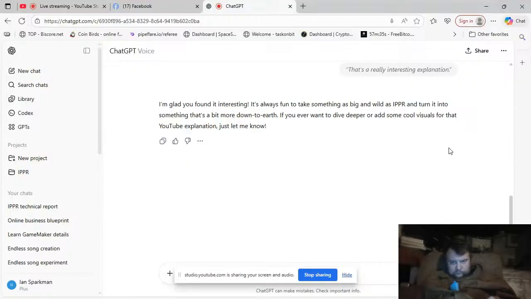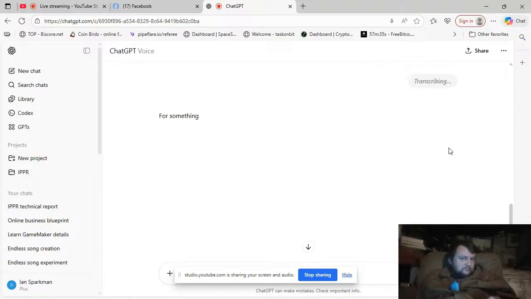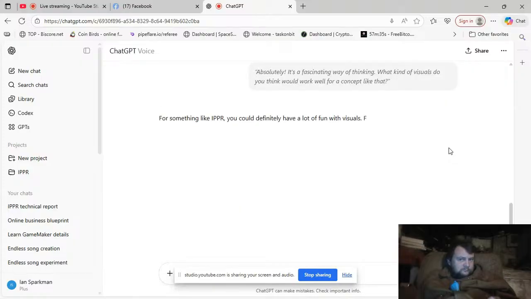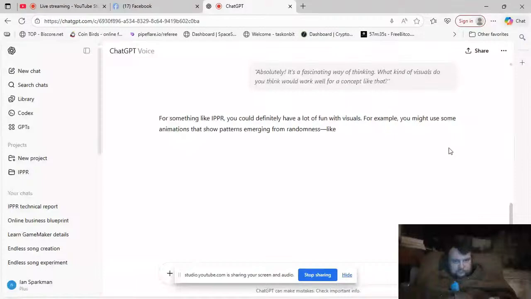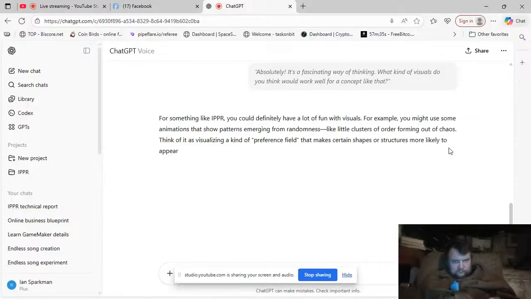Absolutely. It's a fascinating way of thinking. What kind of visuals do you think would work well for a concept like that? For something like IPPR, you could definitely have a lot of fun with visuals. For example, you might use some animations that show patterns emerging from randomness, like little clusters of order forming out of chaos. Think of it as visualizing a kind of preference field that makes certain shapes or structures more likely